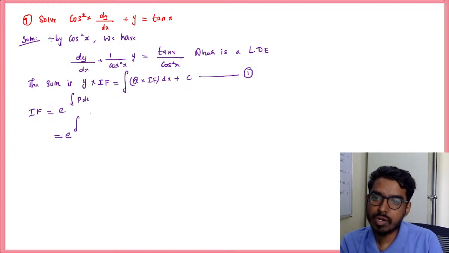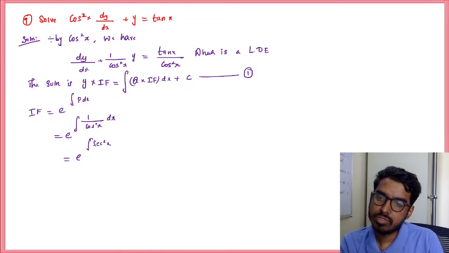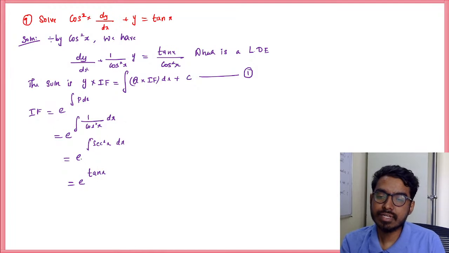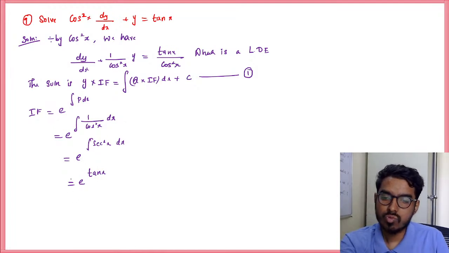So p is what? 1 by cos square x into dx. So integration of 1 by cos square x will be integration of secant square x. This is nothing but d by dx of tan x. So this will be e power tan x, right? So the integrating factor is e power tan x. So it becomes